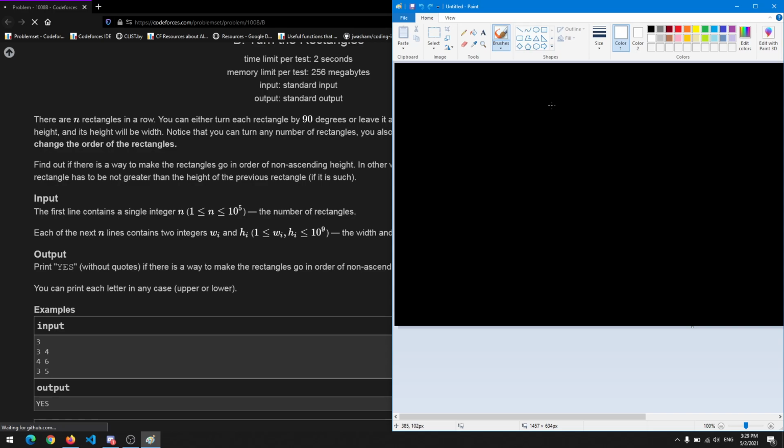And what the correct order is, let me say. In the problem, the correct order is given as decreasing height. The first rectangle should have some height, the second should have some height, and the third should have some height. To do that, you can rotate them by 90 degrees. That's just a fancy term, you can exchange the width with the height. So like this, and change it to this. It was a fairly easy problem.